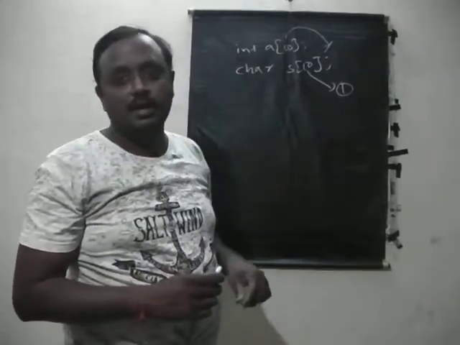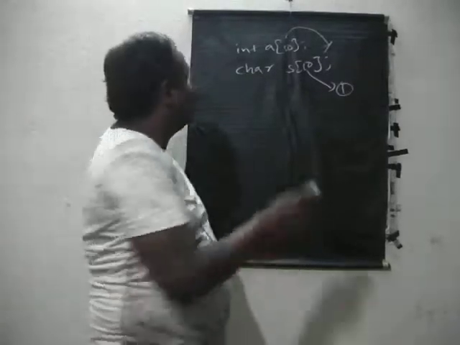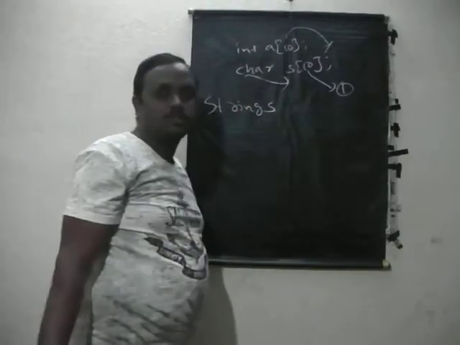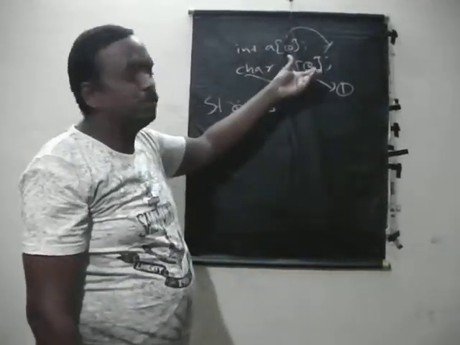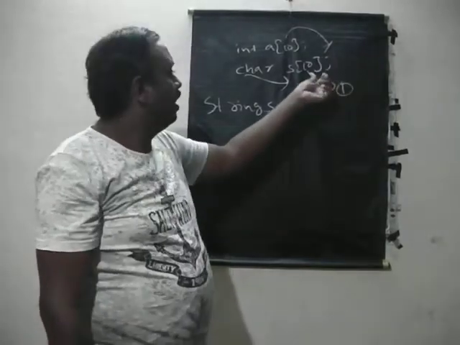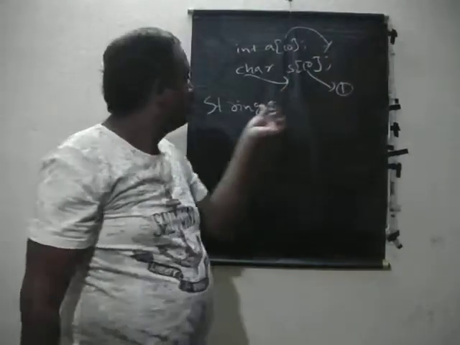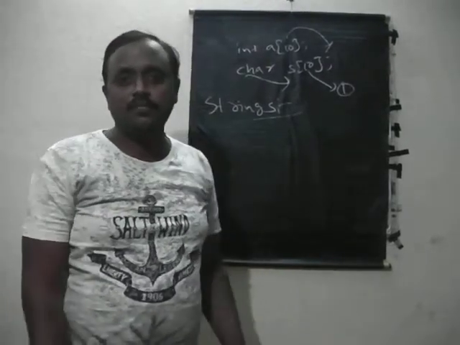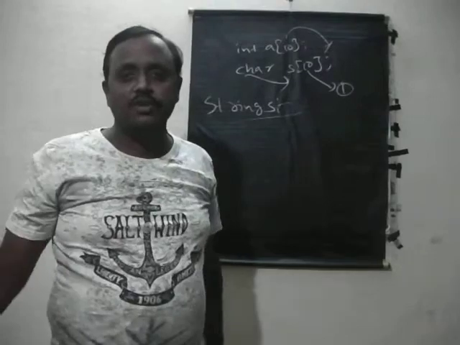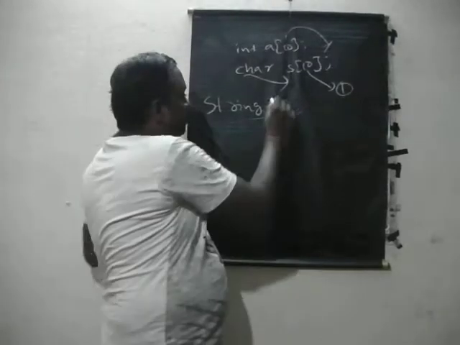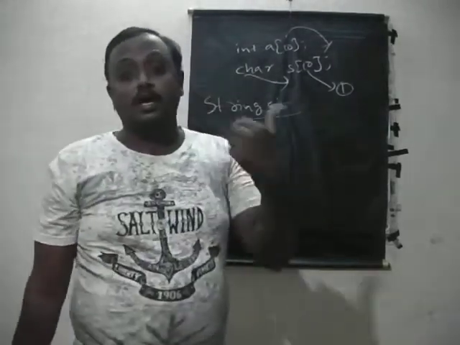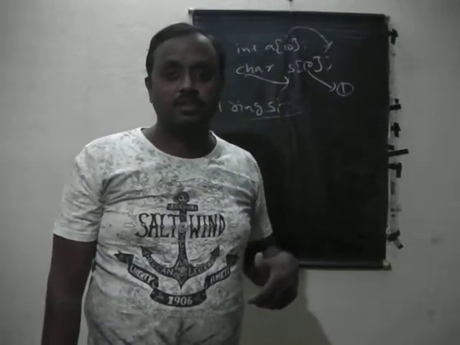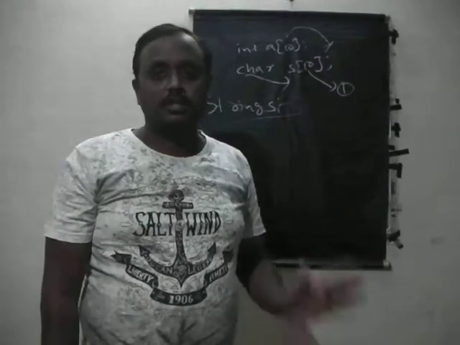So in the C language introduction there is a topic that is strings. This is called character arrays. To overcome the problem of declaring more times and each and every time having to take separate variables, we use strings. Strings is nothing but a collection of characters. So how to declare a string, how to read a string, how to print a string, and what manipulations we expect on strings are all discussed in this class.